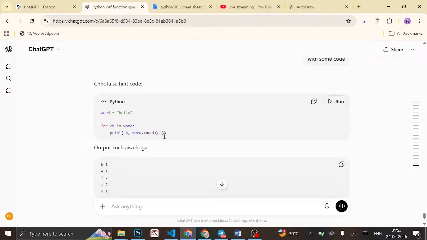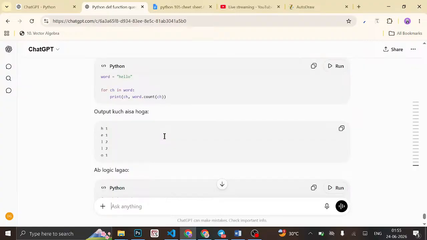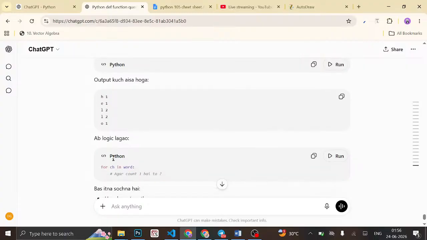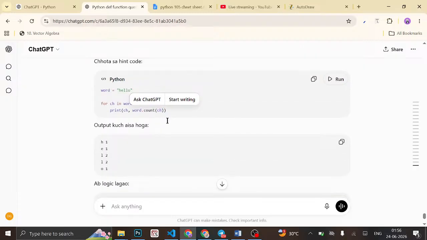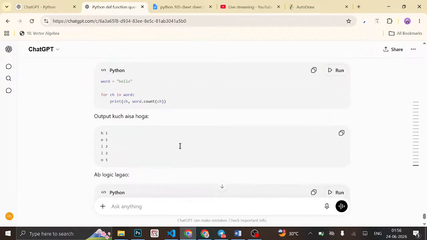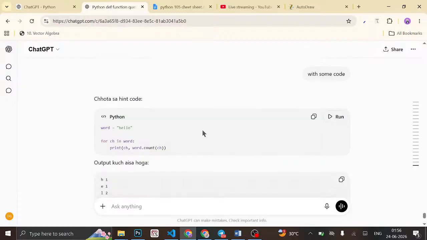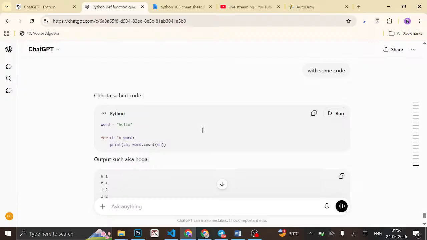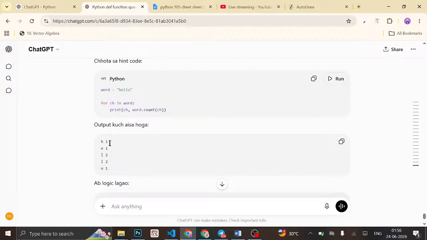वर्ड आया हेलो, फॉर सी एच इन वर्ड, सी एच आया हेलो, ठीक है। यहाँ काउंट हो गया, वर्ड डॉट काउंट। आउटपुट कुछ ऐसा आएगा। यहाँ तो हमारा हेलो आ गया, ठीक है। फिर जो भी आएगा हमारा वर्ड डॉट काउंट, काउंट पे हमारा सी एच बन जाता है। राइट सम कोड, छोटा सा हिंट है, हमने ये तो प्रिंट कर लिया, अब इसका वन आया, इसका वन आया, इसका टू आया, इसका टू आया, इसका वन आया, ठीक है। एच ई ओ,